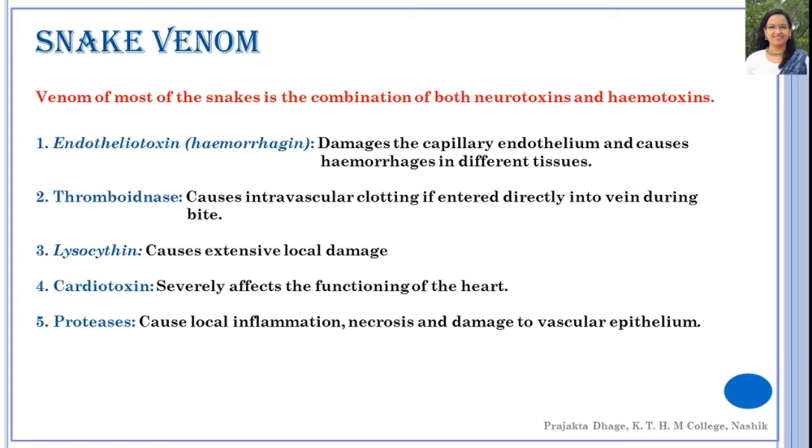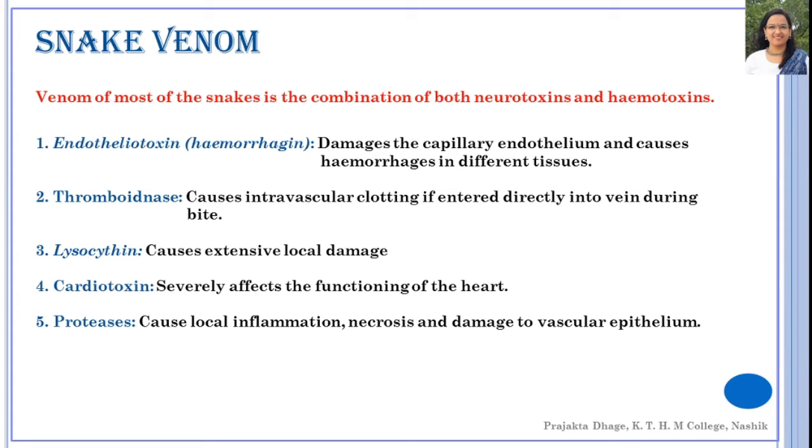Now, there are some proteases present in the snake venom which cause local inflammation. They also cause necrosis and damage to the vascular epithelium. One of the toxins of venom also leads to the failure of peripheral circulation with fall in blood pressure by paralyzing the neuromuscular junction of the vasoconstrictor muscle. Hybridinases is a class of enzyme responsible for rapid absorption of venom. Viper venom generally affects the vascular system, whereas the venom of cobras affects the nervous system.